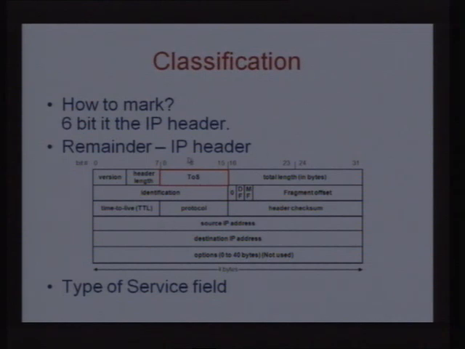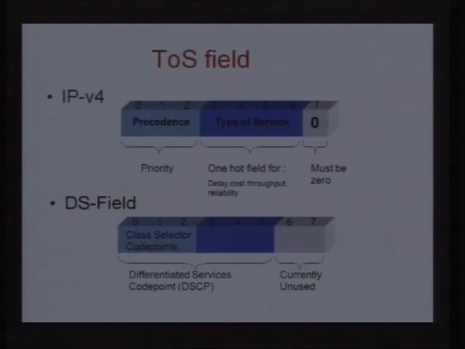And please remember that this was the field which was given to us by the people who designed the internet in the early 60s. So this was the field which was used by the network for defining the type of service. Now in IP version 4, this field was having 8 different bits, 0 to 7, and initially they were using